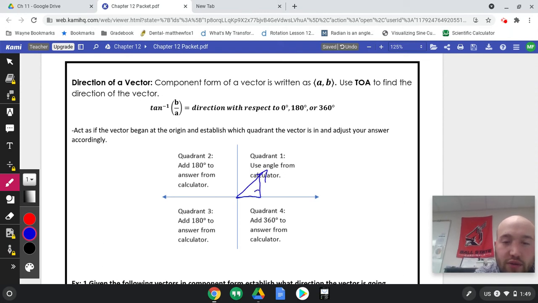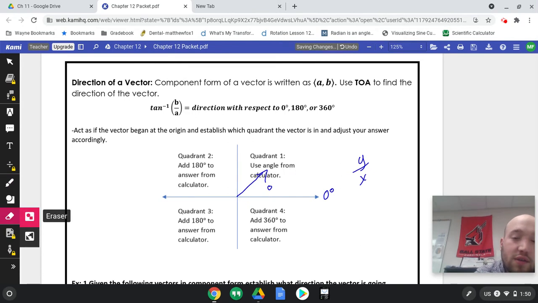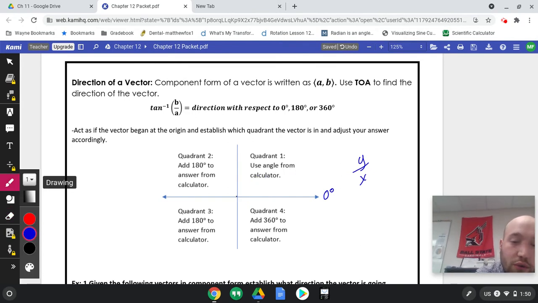it's going to form a right angle here. This is our opposite, this is our adjacent, so that is our y divided by our x. Now, if we take the inverse tangent, we'll get what that angle is, right in here. This starts at 0 degrees, so we are good. That's what we want. However, sometimes, instead of it being over here in quadrant 1, it's in quadrant 2,